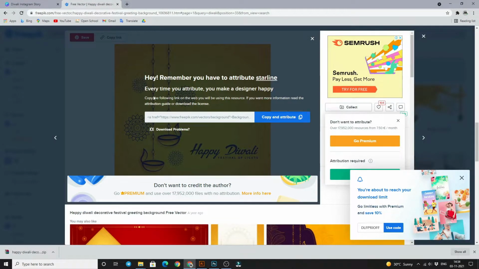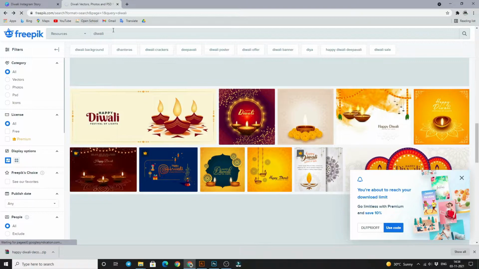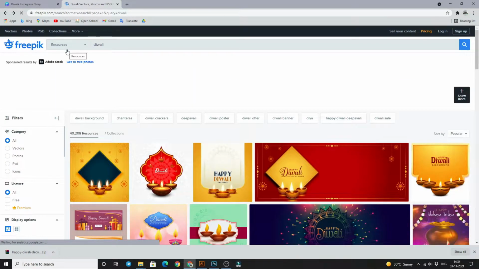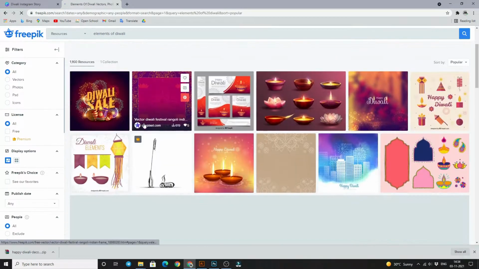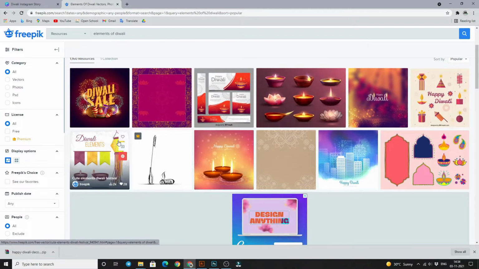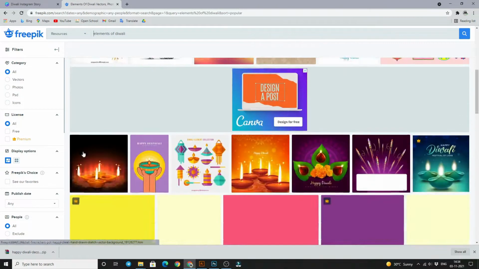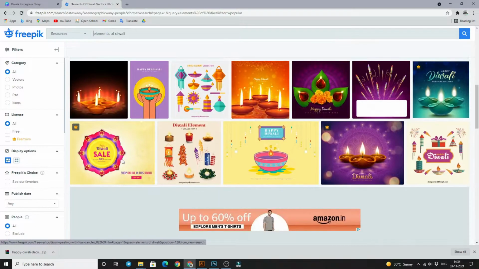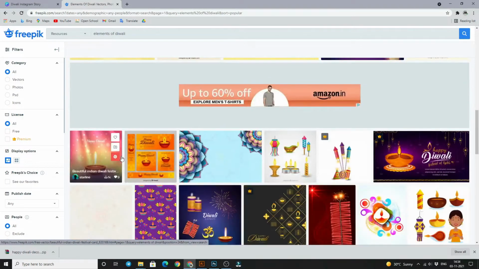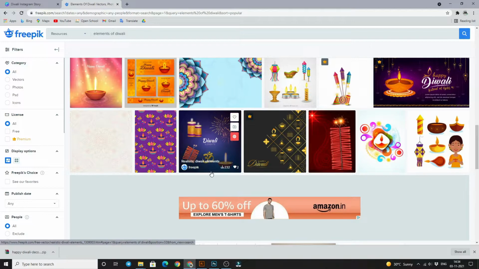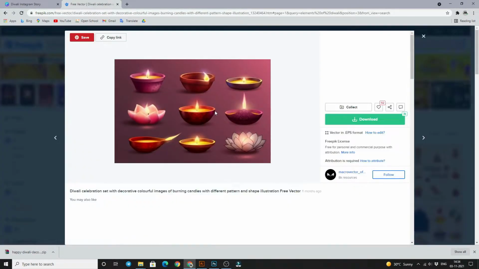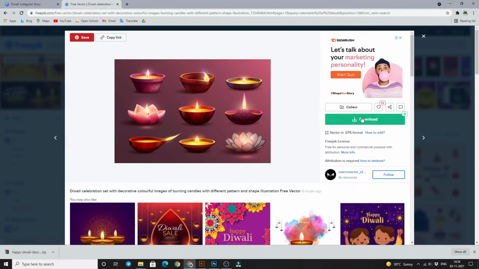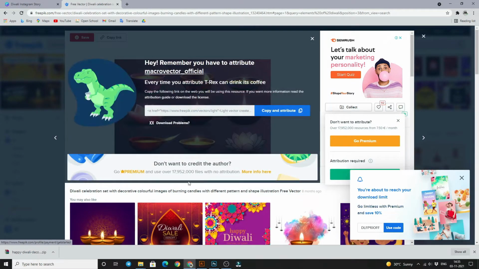So go to Freepik again. Now search here elements of Diwali. Then these are the elements. If we want to add them, then we can. Just for example, if we want to add this thing, firstly click free download.